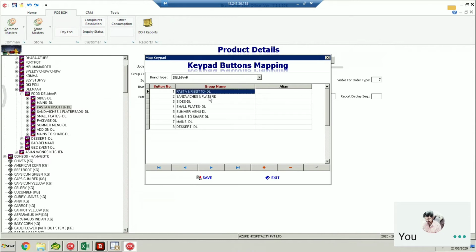Here I can do the sequencing of which categories can be displayed and how. Here I have kept dessert last. Can the same be done for the products also? Yes, we can do it for the product. This is the group category sequencing. These are the categories of the product for which you can do the sequencing.